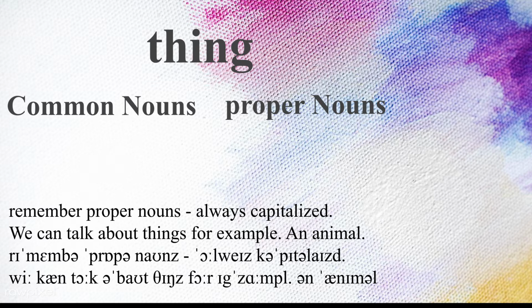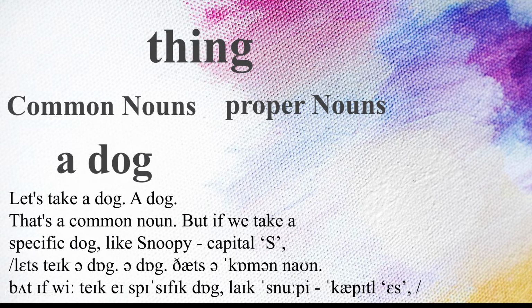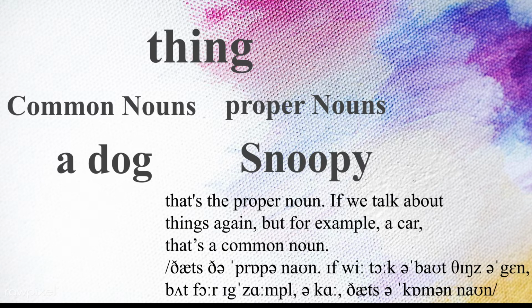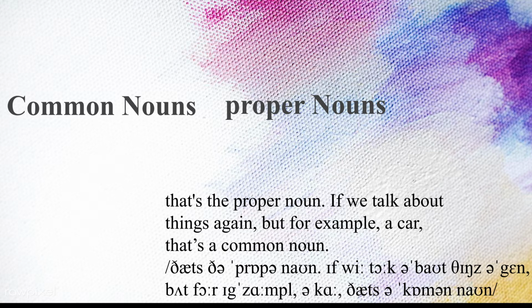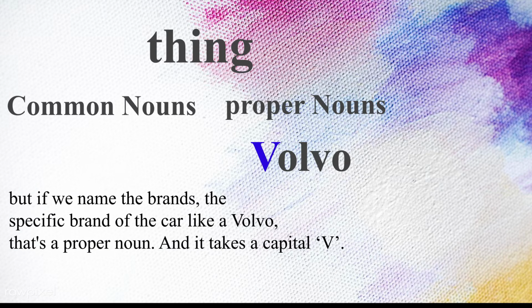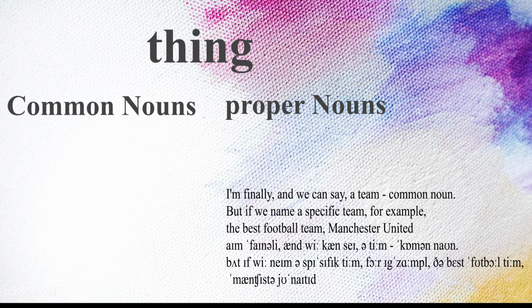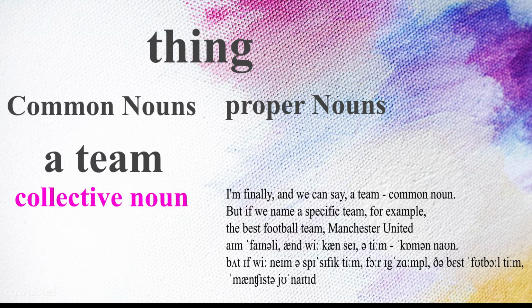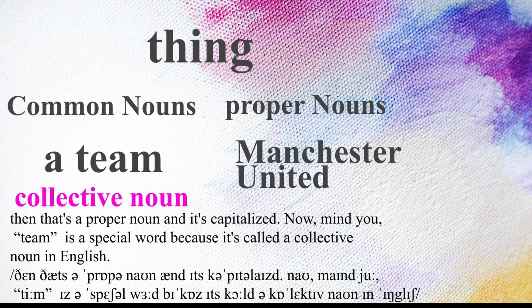We can talk about things. For example, an animal. Let's take a dog. A dog, that's a common noun. But if we take a specific dog, like Snoopy, capital S, that's the proper noun. If we talk about things again, but for example a car, that's a common noun. But if we name the brand, the specific brand of the car, like Volvo, that's a proper noun and it takes a capital V. And finally, we can say a team, common noun. But if we name a specific team, for example, the best football team, Manchester United, then that's a proper noun